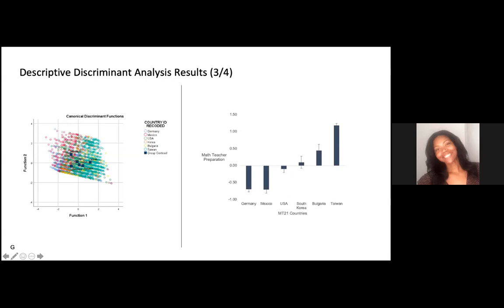And then we also see that Bulgaria has statistically significantly higher values than South Korea, but Bulgaria does not perform as well in terms of student outcomes on the TIMSS and the PISA. And then Taiwan is higher than everyone, and also the students perform better. So that's consistent. So this is just something to unpack as we go forward. And Milushka is going to talk about some of the qualitative differences in the educational systems and cultures that may also be contributing to that.